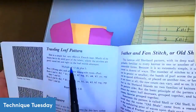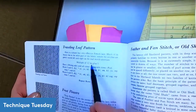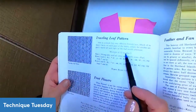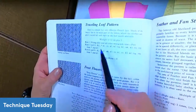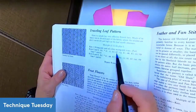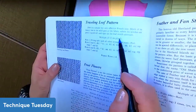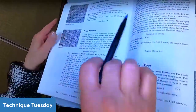We could look on the same side. So this one right here is a multiple of 12 stitches, and you just decide how big you want your pattern to be. You could look at a hat pattern or a cowl pattern that you've used before in a similar weight of yarn, and then you'll have an idea about what you like. Or you could just use the label on the back of your yarn. I'm just going to reach over here and we can read the back of the label